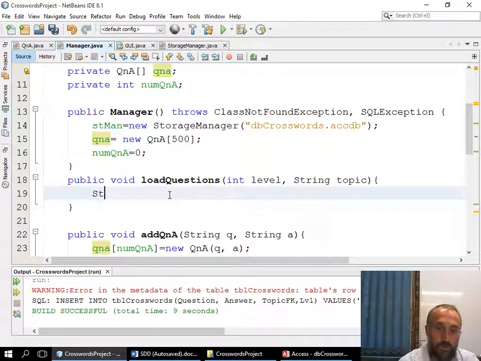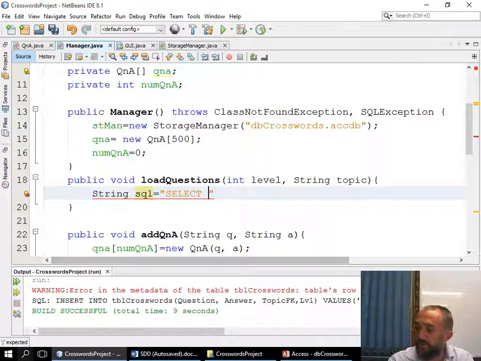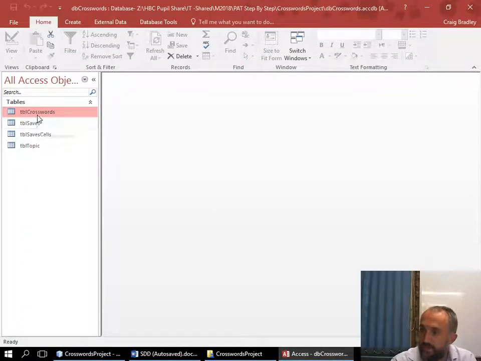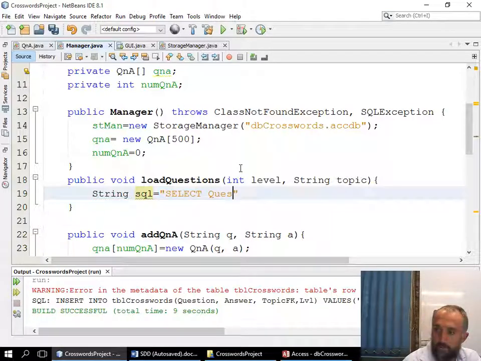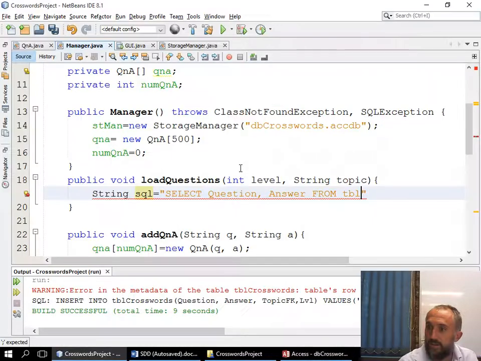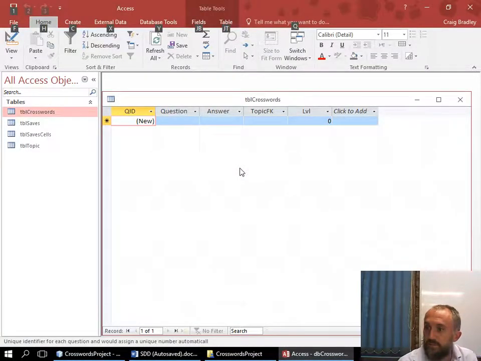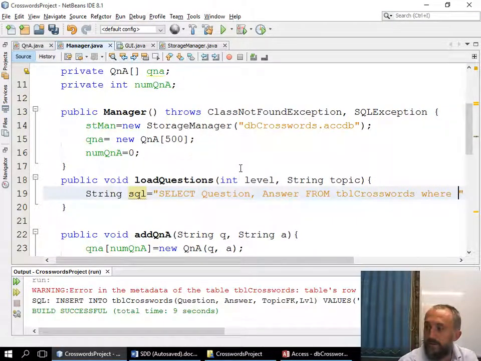So the first thing you do is you're going to come up with the SQL statement. So the SQL statement in this case would just be select, what fields do we want from here? So basically all I want is question and answer. So in the case of here, it's called question and answer. So select question, comma, answer from TBL crosswords. Make sure your casing is correct. TBL crosswords where